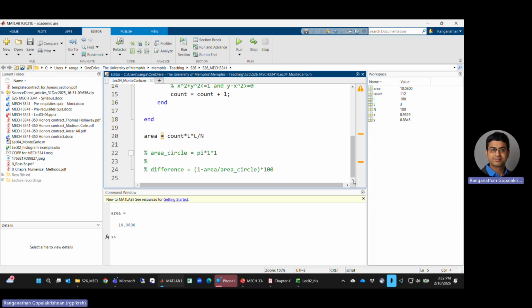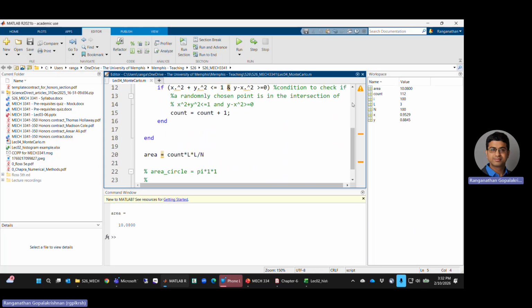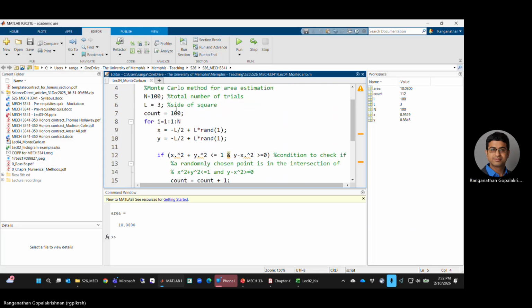This is the formula for computing the area: count divided by the number of trials n, multiplied by L squared, the area of the square. This makes sense to everyone? Formula for area. Okay. Now you get an answer of 10.08 if you choose L equals 3 and sorry, not